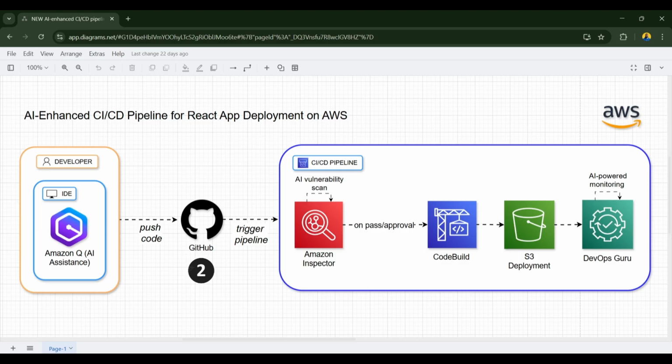Here the first stage will be a security scan powered by Amazon Inspector. Amazon Inspector will use automated intelligence to check things like vulnerabilities in your dependencies, insecure libraries, exposed secrets in your code, and general security misconfigurations. If the scan passes, we're going to configure it to require manual approval, to check the scan, and then the pipeline will move forward. This is where the pipeline becomes AI enhanced, because you are not just automating the code delivery, you're automating